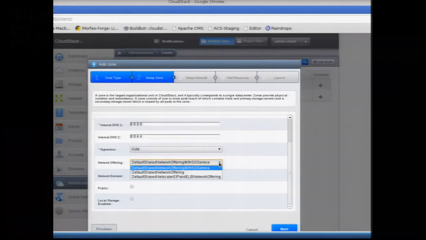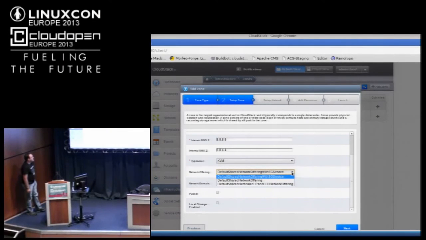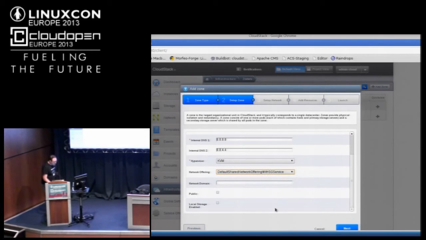Then we get to network offering, and this is the option under basic, and there are some others under advanced. The default shared network offering with security group service is essentially layer 3 isolation. You can say default shared network offering without security groups, and that will give you a flat layer 2 network that everyone shares and everyone can see the traffic on. I think that's generally a bad idea, but you can do it. And you can also use NetScaler hardware as well. So we're going to use security groups,